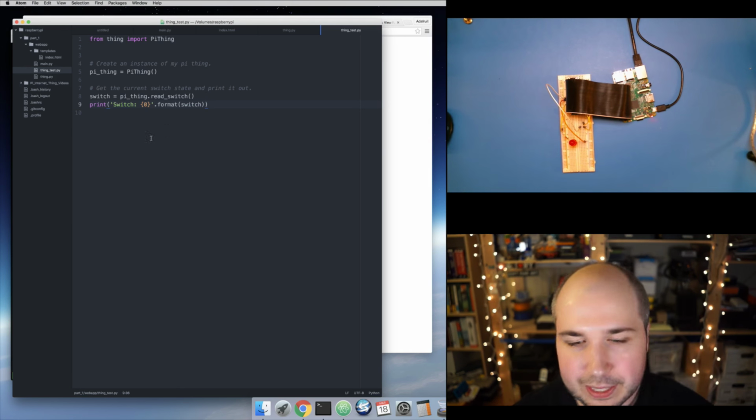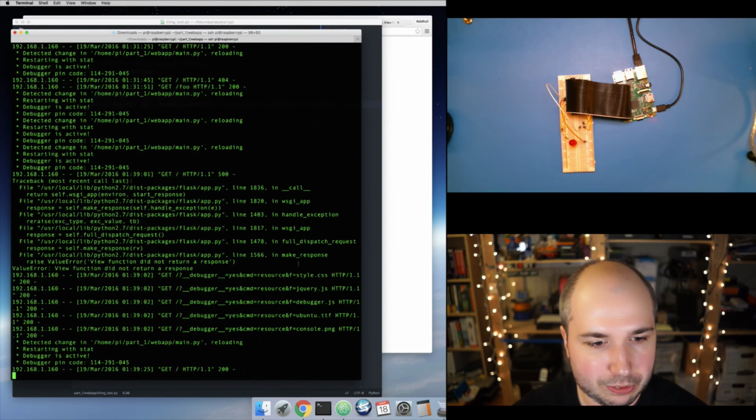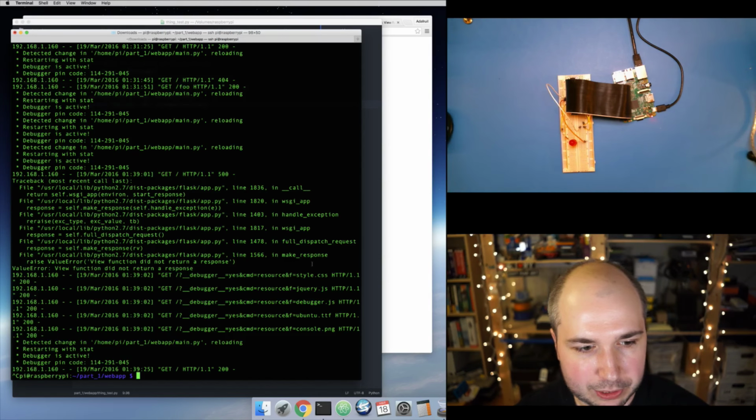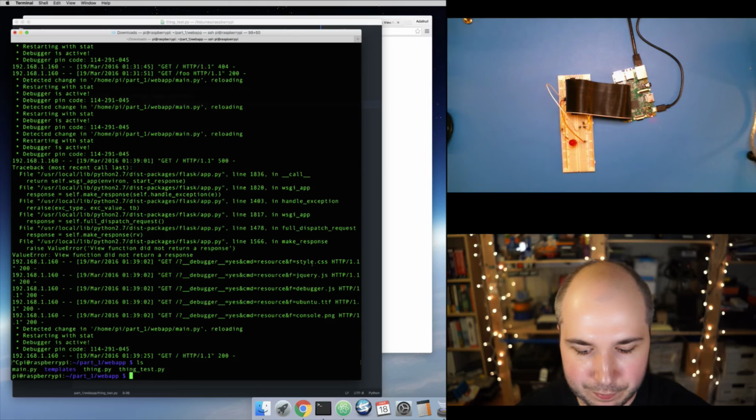So let's save that, and let's go back and run this as is. So this is only going to do the switch. This won't do the LED. I'll just hit Control-C to stop my little web app, and I should just check. Yeah, I've got the files here. So if I run python thing-test.py,